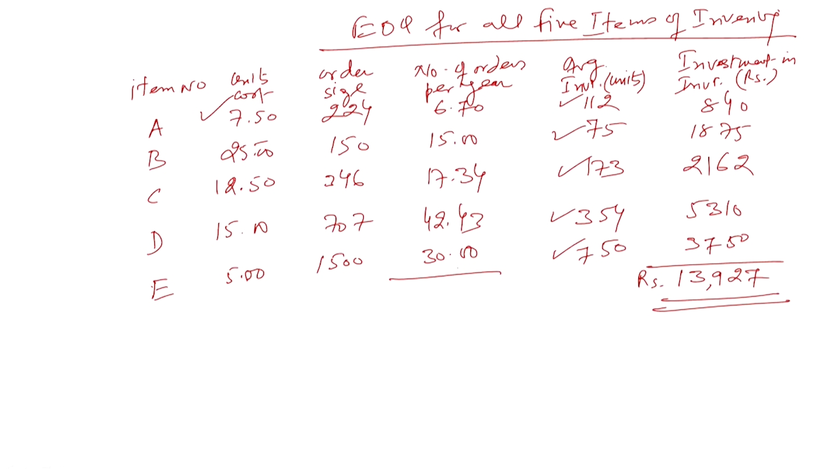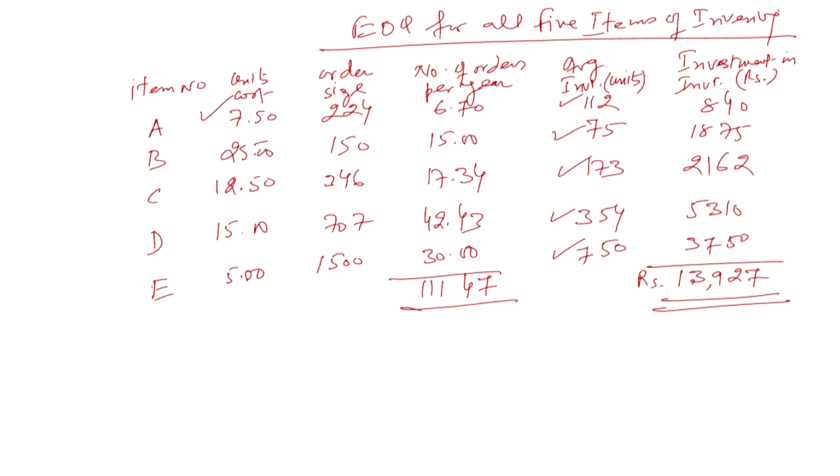And now see, number of orders per year is how much? If you total it up, this is 7, this is 4, this is 11, and then 18, 20. So it means 21. So it is 1 and it is 1. So 111.47 are the number of orders. This is the investment which is blocked in the inventory all the times. So we are utilizing the bank finance or the funds provided by the banks through CC limit. From that total limit, 13,927 are blocked in the form of investment in the funding of inventory.